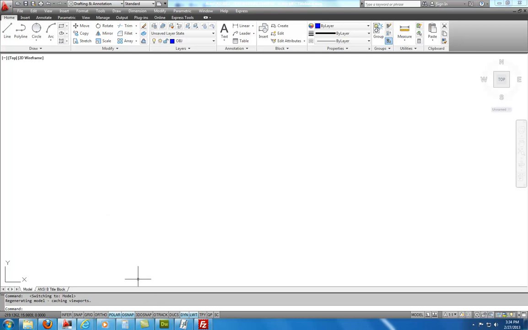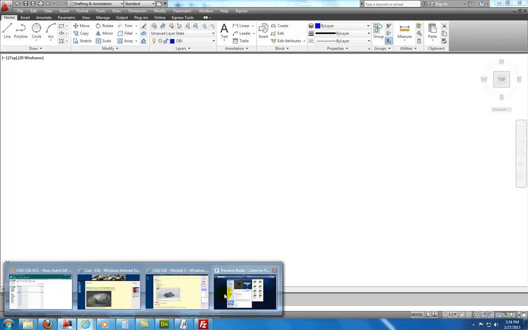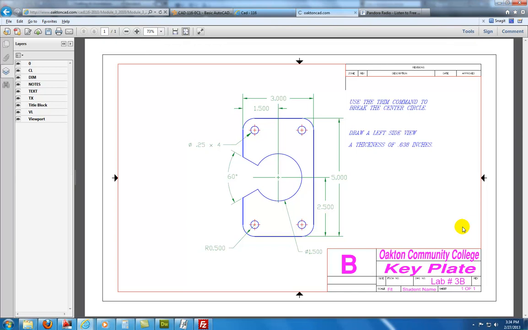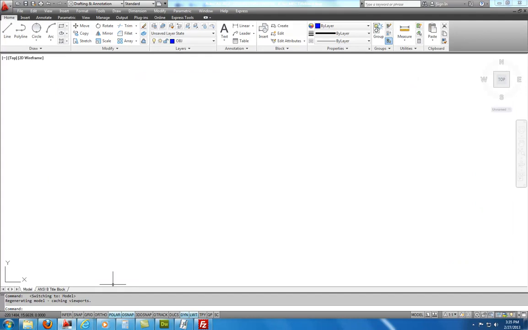If we look at the exercise, it says to draw this key plate, and what we're going to do is we're going to draw the left side, the front view, and then we're going to draw a left side view, and then we're going to use some modify commands to create this trimmed space out here. Then we're going to dimension the object. So getting back to AutoCAD here, I'm going to start off on the object line layer, and I'll start off